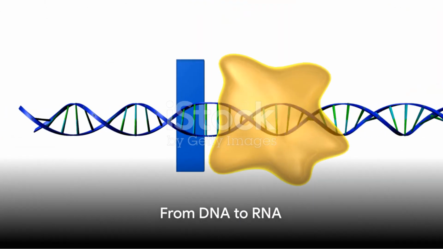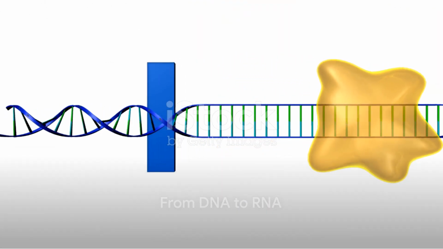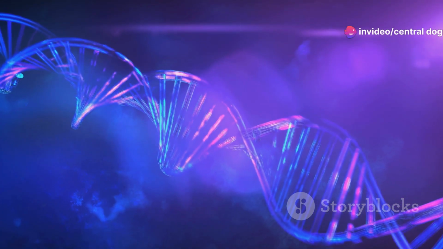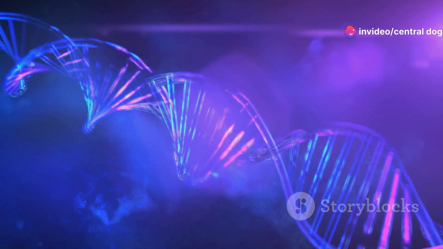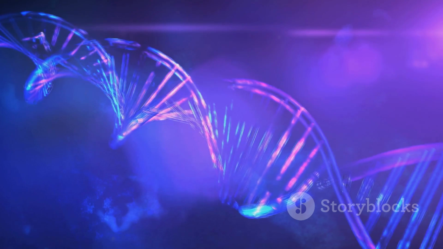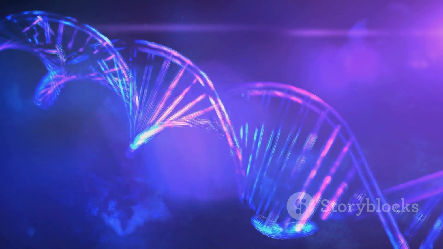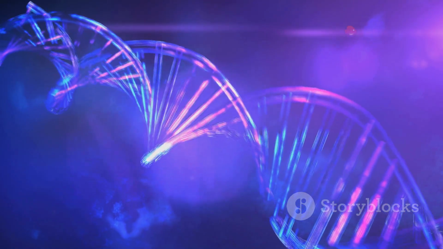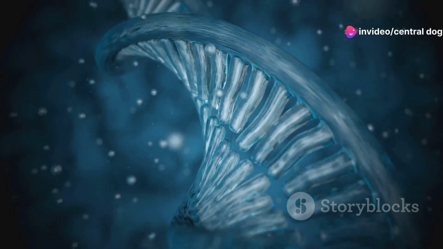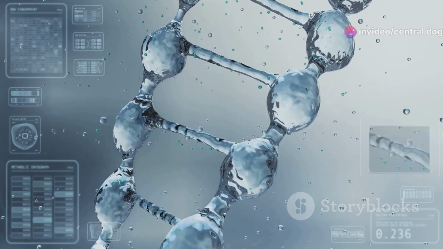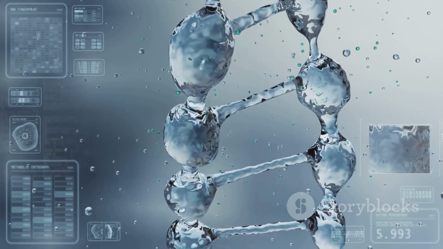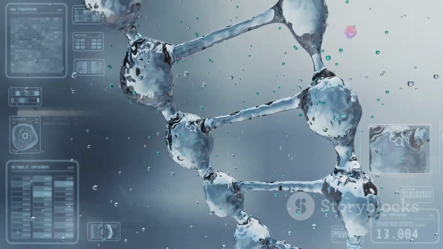Now that we have an identical copy of DNA, it's time to put this information into action through transcription. Imagine transcription as a diligent scribe meticulously copying a segment of DNA onto a complementary RNA molecule. This process is akin to a skilled artist rendering a detailed sketch from a complex photograph. The artisan in this case is the enzyme RNA polymerase. It's the driving force behind the transcription process, turning our DNA blueprint into a messenger RNA, or mRNA, which will carry our genetic message out of the nucleus and into the cytoplasm.